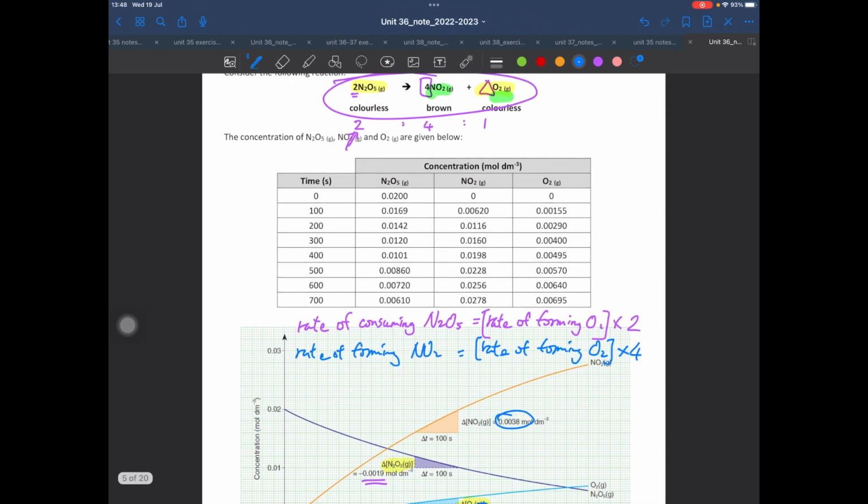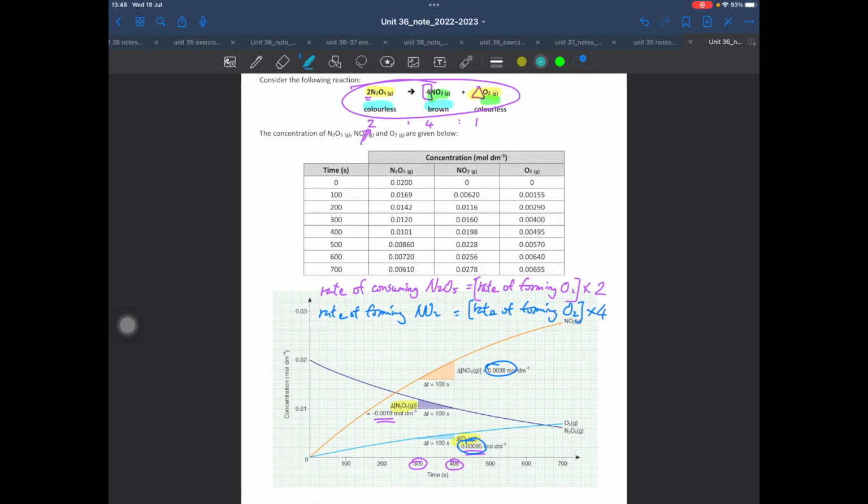So finally, what about N2O5 and NO2? Well, 2 to 4, so it looks more complicated, right? And let's write it down. Rate of forming, oops, not forming, is consuming